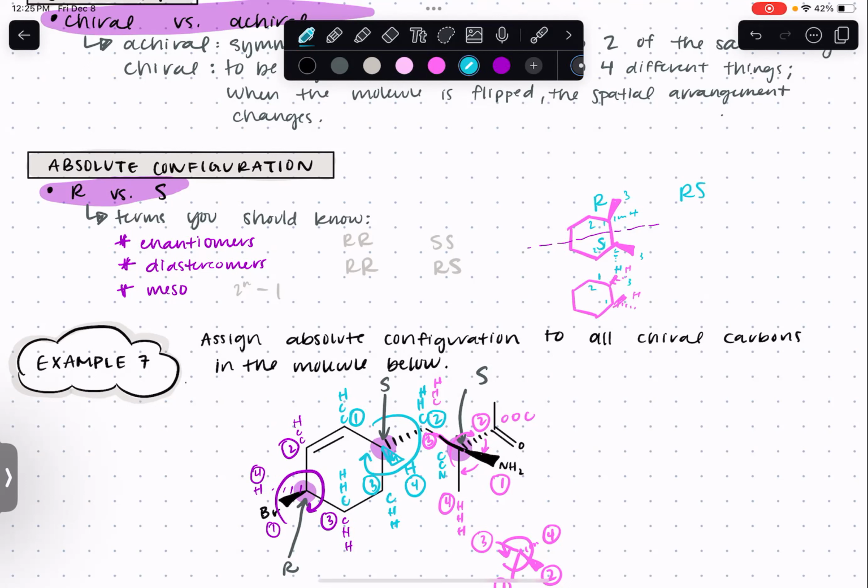This one is still R. Hold on. 1, 2, 3, S. 1, 2, 3, R. So basically, what meso is to say is that